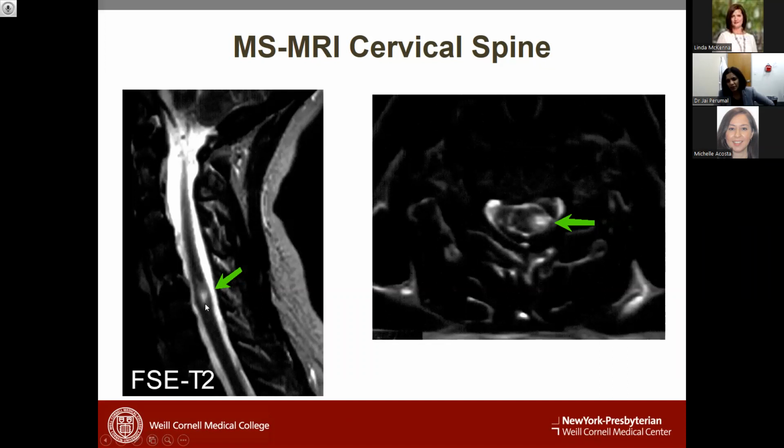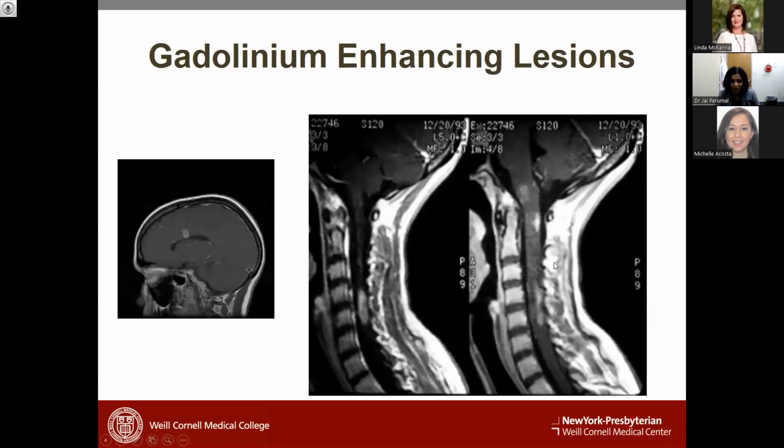It's important to pay attention to how this lesion looks compared to something called NMO, which can also affect the spinal cord. I have a slide that will highlight the differences more. So this is again an MS lesion. Each lesion is not that big, and on a cross section, it doesn't cover the entire cross section. It's a partial transverse myelitis. Same with GAD enhancing lesions.